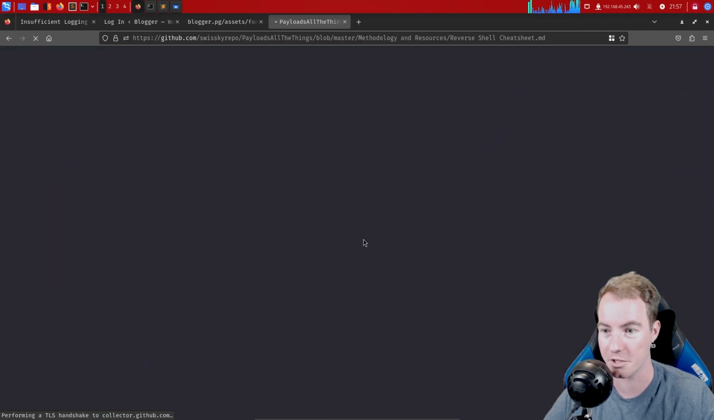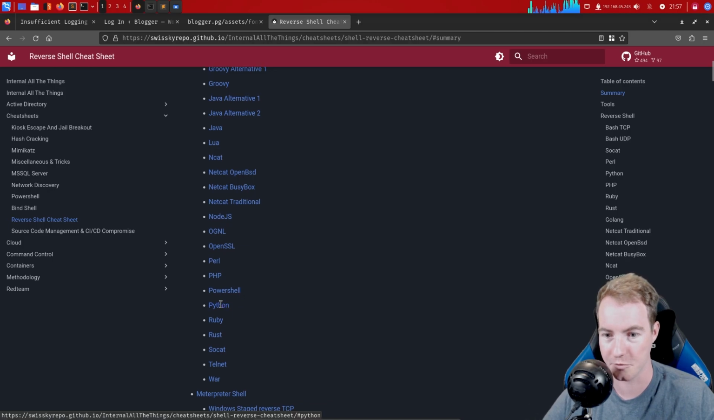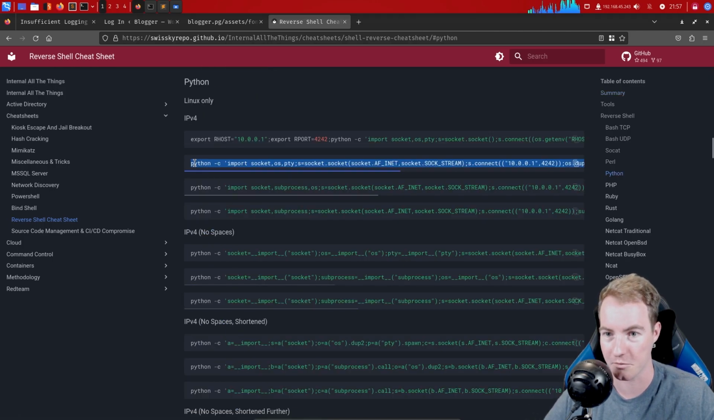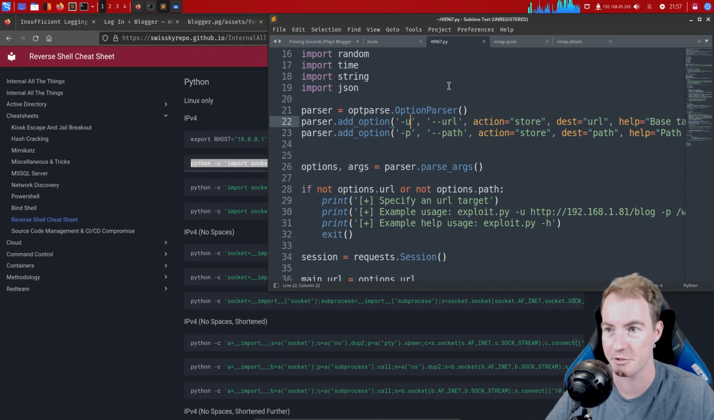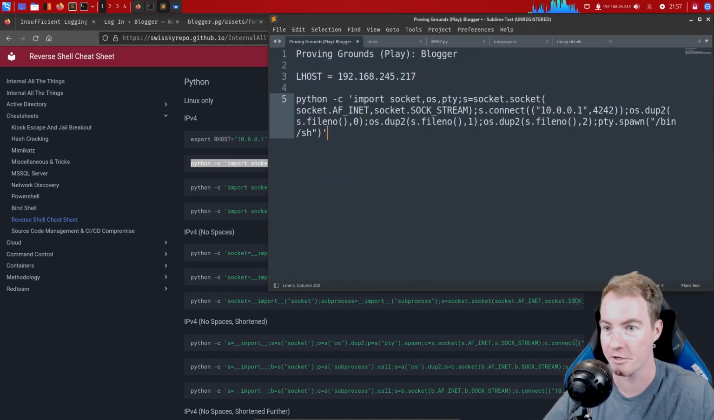Click over to the page that they actually want us on. And then we're going to scroll down here to Python. We'll use the second one here because I know it translates from Python 2 to Python 3. I'll just put this down here. We're going to modify a couple of things here. We're going to modify this to python3. We're going to grab our own IP address and modify it here. So we're going to want